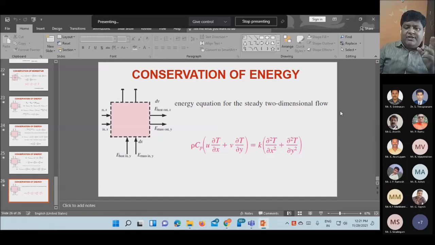And constant wall temperature is when the temperature of the wall is given as constant. Say, for example, a plate is maintained at 100 degrees Celsius, or a pipe has a wall maintained at 250 degrees Celsius. It's a constant wall condition. So you have correlations for two different cases: one is the constant heat flux condition, another one is the constant wall condition.